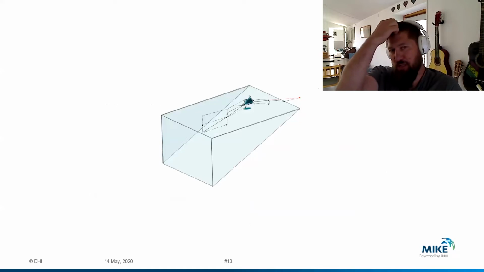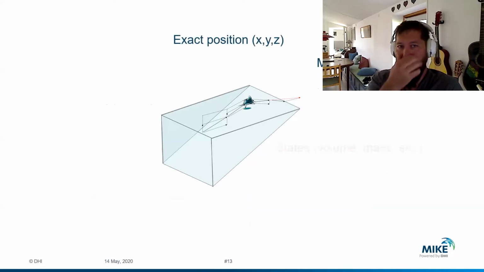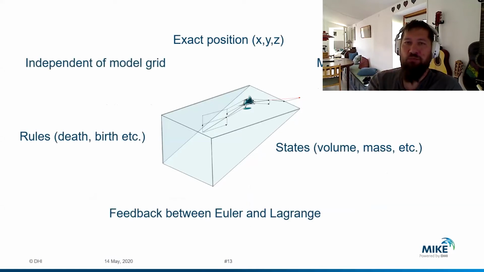So what does an agent-based model look like at its core? This is a Lagrangian representation in MIKE, and it means that each agent you put into an agent-based model will typically have an XYZ component. It will occupy space. It doesn't need to occupy space; you could do an agent-based model without a spatial component. But usually in the work that we do at DHI, we have a spatial component in our models.